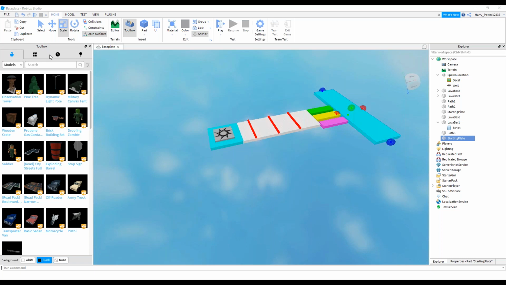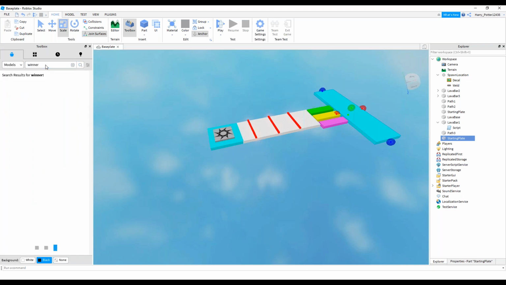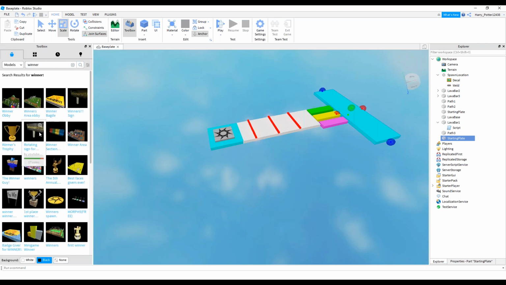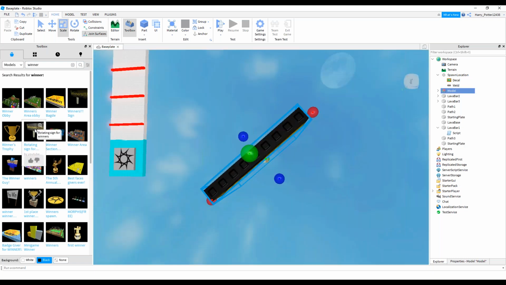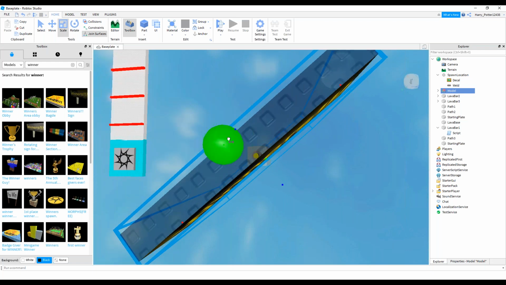Quickly, I'll also introduce you to Toolbox. We're running out of time, but I'll quickly introduce you to the Toolbox. On left side, you see Toolbox, where I told you we have objects created by other developers. Let's just search and see if they have something for winner. Okay, I'm just going to take this. How do you take it? Just select and